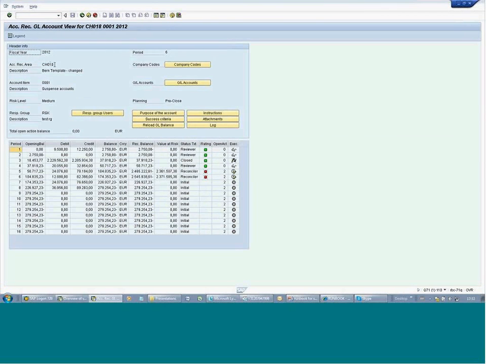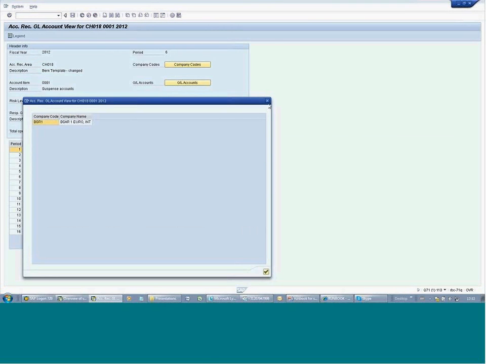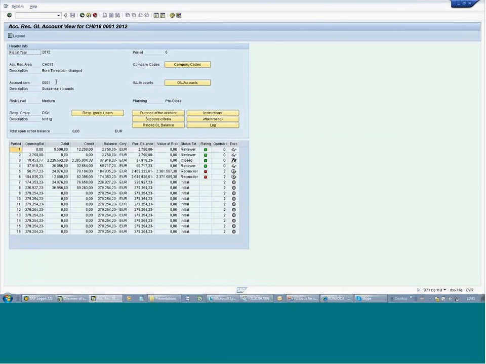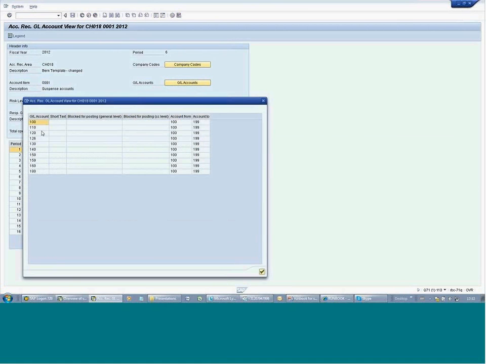So we have a fiscal year, a reconciliation area, so it can be one company code or a list of company codes. So that's the master data you need to set up once. You have your account item that can consist of one general ledger account, or in this case a set of general ledger accounts. So in this case, the moment I reconcile account item 1, I automatically reconcile the underlying